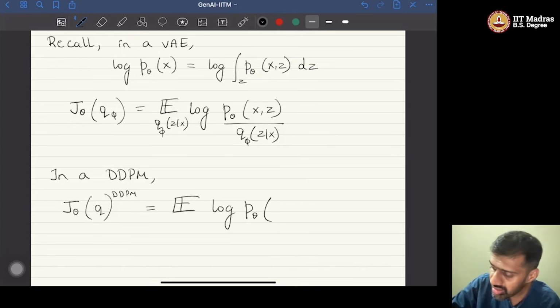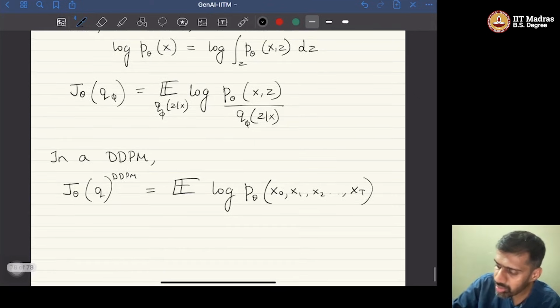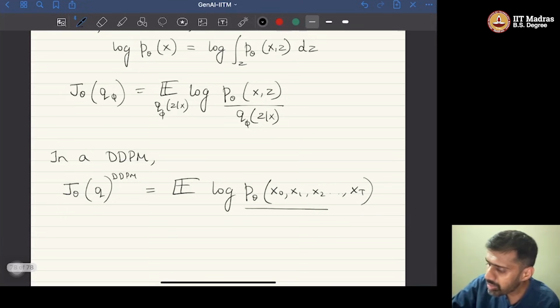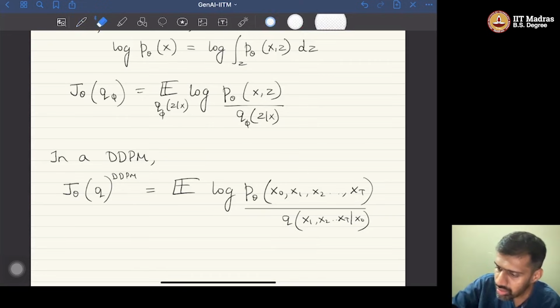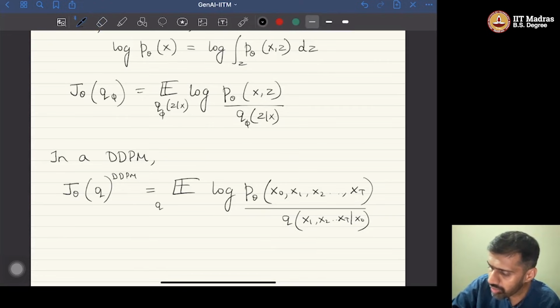What is this x and z here? In our notation, it is x0, x1, x2 up to x capital T, because we have T number of latent variables, divided by q of, again, x1, x2 up to x capital T given x naught, because this is z given x, right? And the expectation is with respect to the same thing,